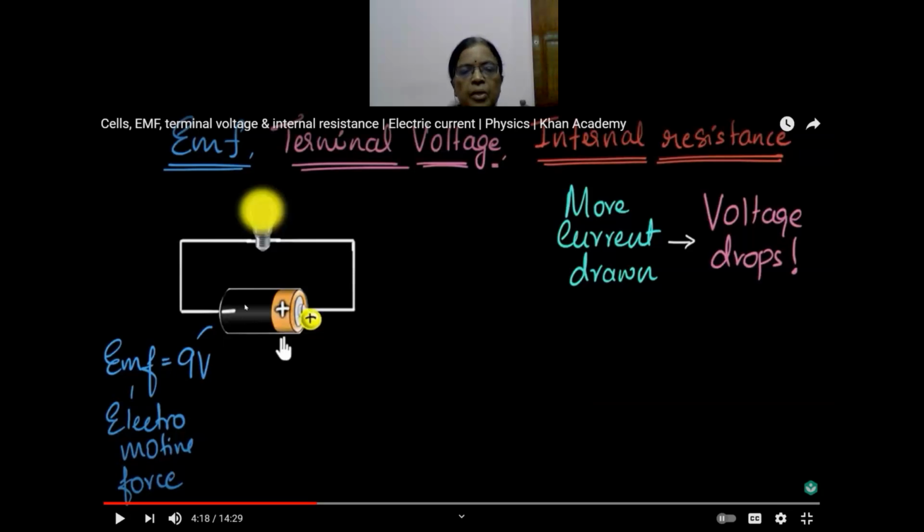So the work is done by the battery, by the chemicals, the electrolyte, or all the reactions taking place, so that the charge is moved inside. When work is done by the battery to move the charge from this end to this end, there is an opposition to the motion of the charge, and that is the reason for the internal resistance of the cell. For example, when an aeroplane moves in air, when it moves with a very high speed, what happens?